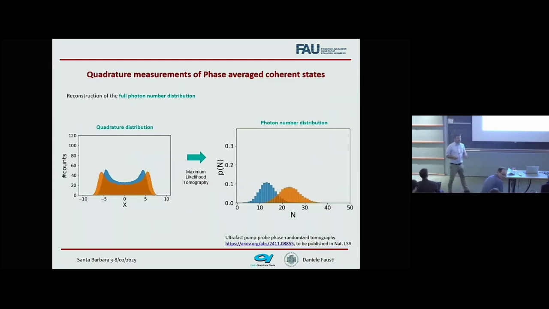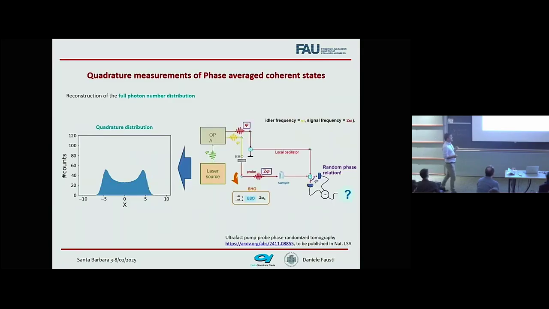Excuse me, but if the phase is random, what is it measuring then? The phase is random. I measure the heterodyne. But now if the phase is random, it's like a homodyne where the local oscillator is not a good local oscillator. The local oscillator will sample random phase. So the relative phase between the local oscillator and the signal is random, and this is the histogram of the measurements that you have. It's simply like saying that if I double the frequency of a signal which inherits the characteristic phase of my laser, I double it up and I have a random phase relationship between the two.